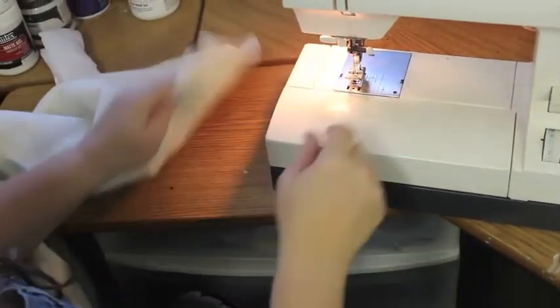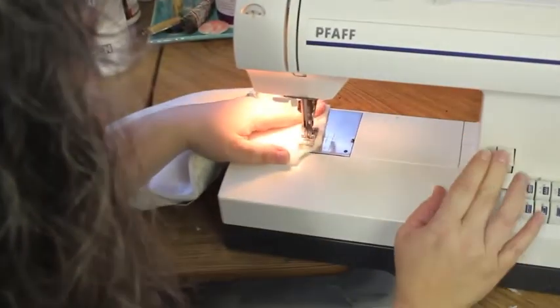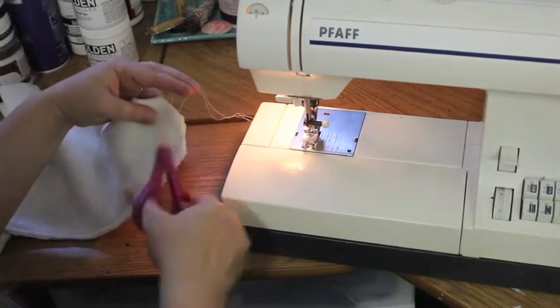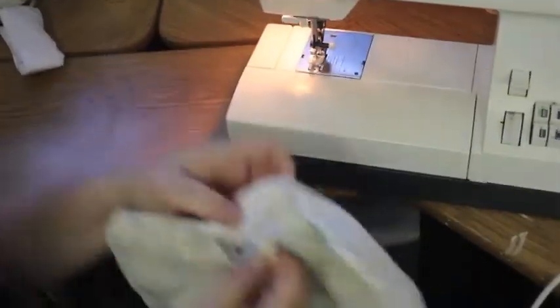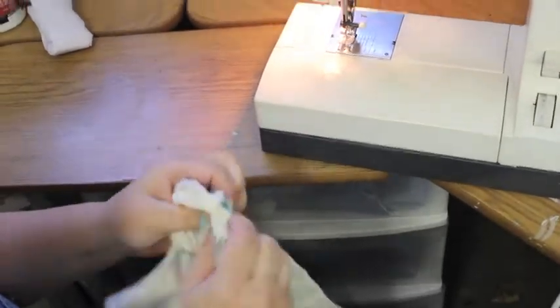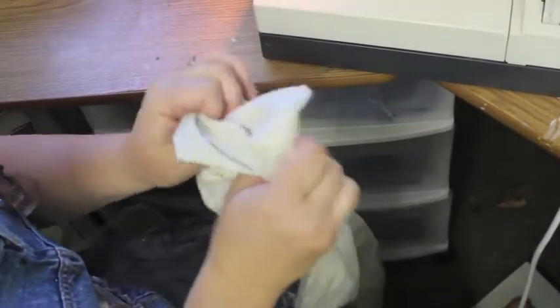See a part where I missed a stitch, so let's fix it. Fixed. Okay, so now you want to use this opening to turn your fabric right side out. Use something pointy but not sharp to poke out your corners very gently. You don't want to poke through the fabric. I use a knitting needle,